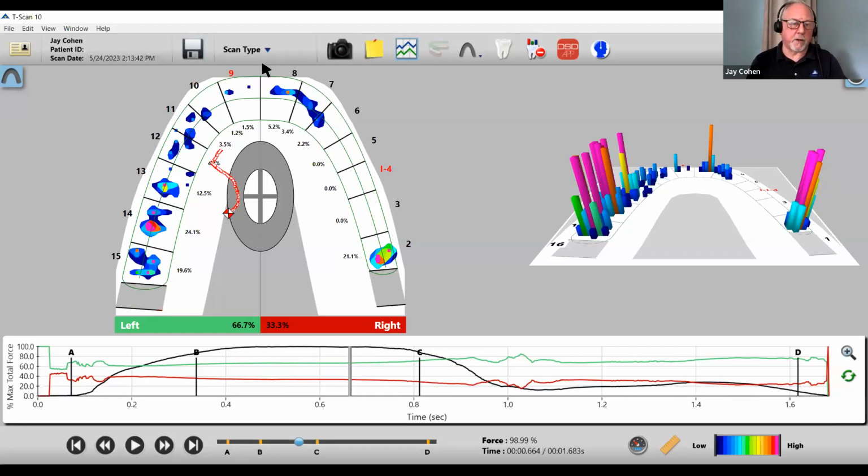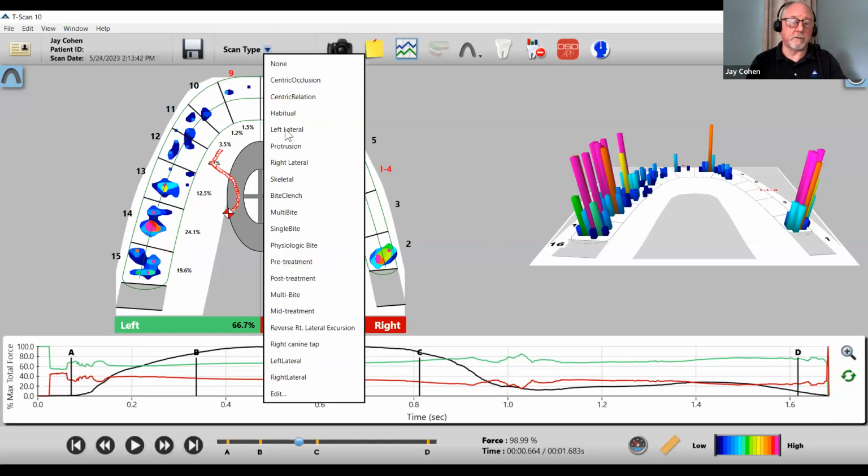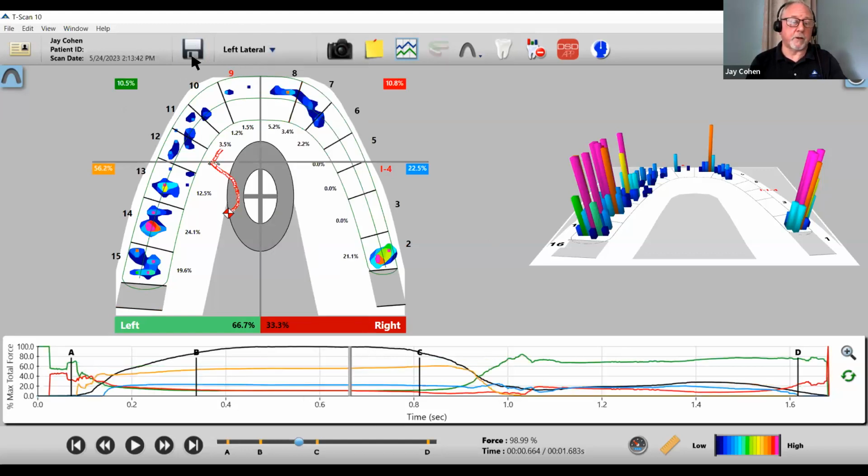All right, so I'm going to label the scan as a left lateral, and then I am going to go ahead and save it. Notice as soon as I click left lateral, we have another feature that just appeared on the screen, and that's called the quadrant view. I'm going to turn that off for a moment because we need to discuss